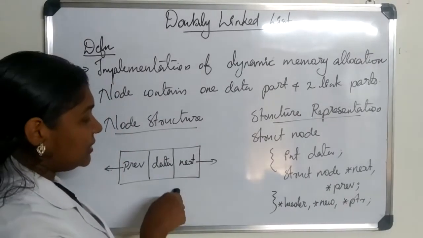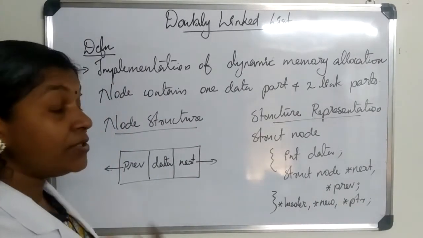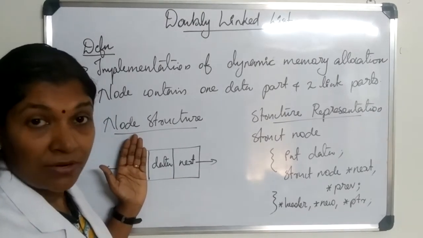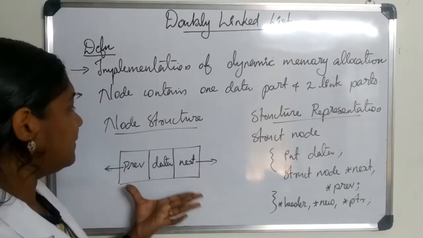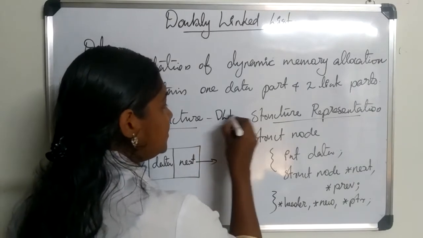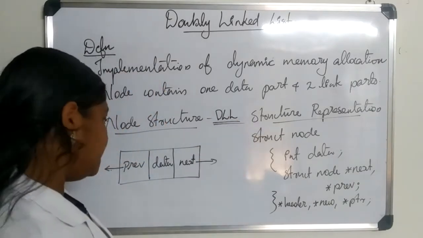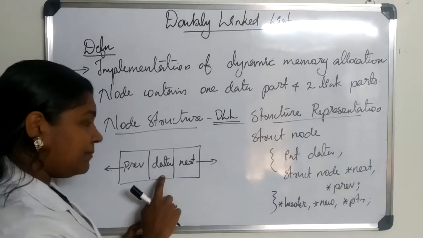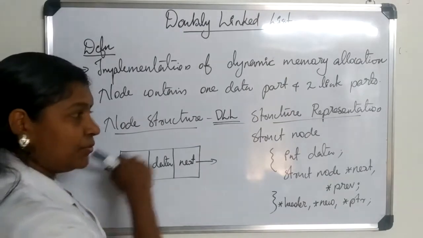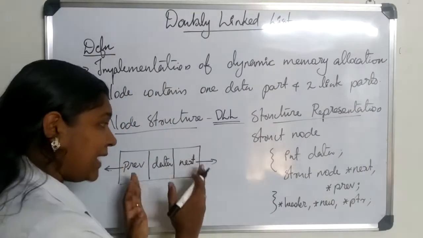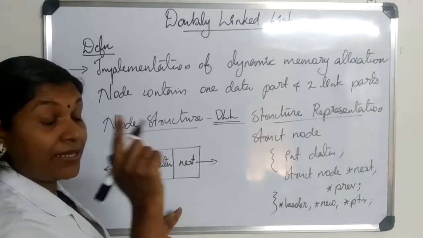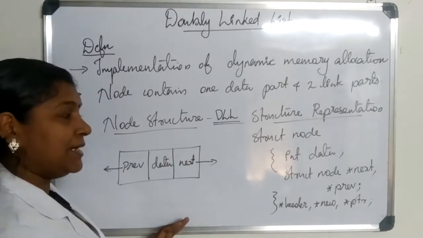Then considering the node structure, the pictorial representation. How was our single linked list representation? A data part and just a next link or a link part. So other than that, when we come to doubly linked list, the node structure of a doubly linked list, in short, we will call it DLL. Okay. So here is one data part, then this is the pointer to the next node and this is the pointer to the previous node. So whenever we manage one node, we have to consider these two links in doubly linked list. This is the peculiarity of doubly linked list.